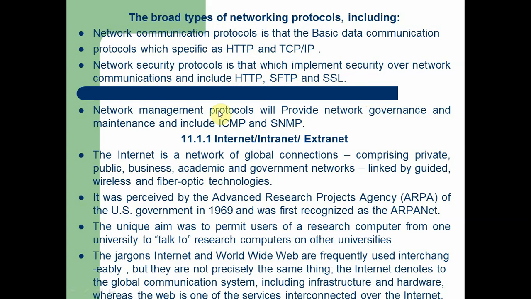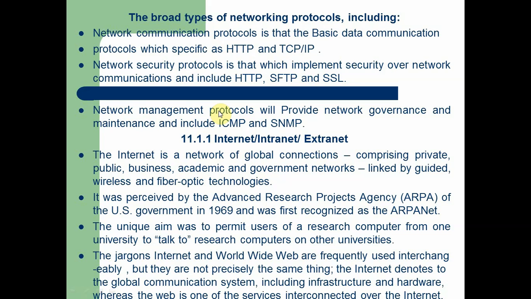Now we are going to see the next topic called internet, intranet and extranet. Of course we know what the internet is. Internet is a network of global connections where private, public, business, academic and government networks are linked by guided, wireless and fiber optic technologies. So in the internet, everyone from individuals to government, from a simple man to a powerful man, is connected, from one computer to another computer. All the connections across the geographical area which covers the whole world